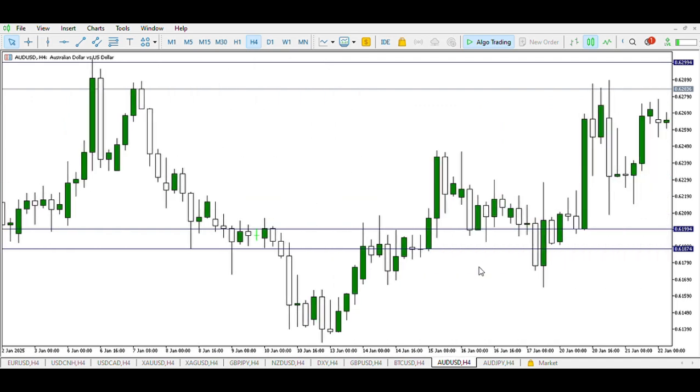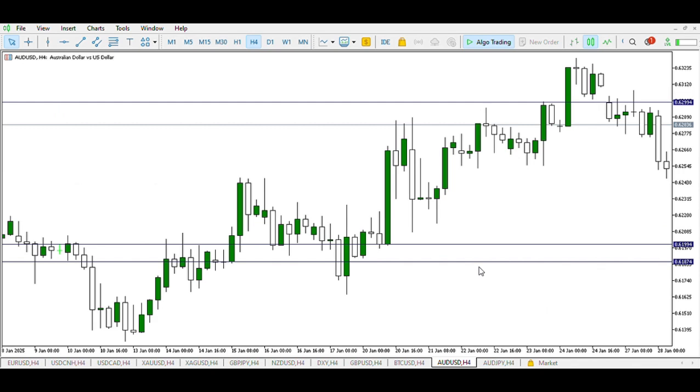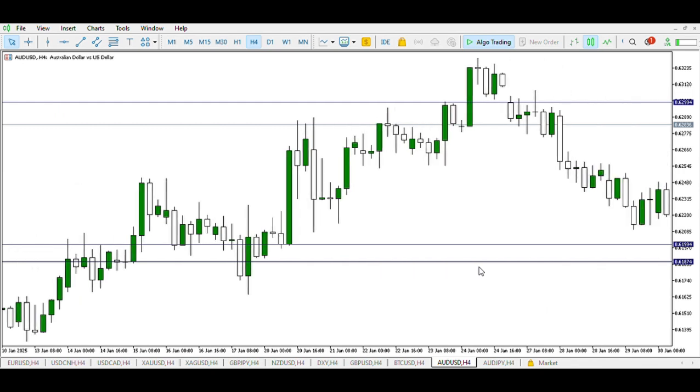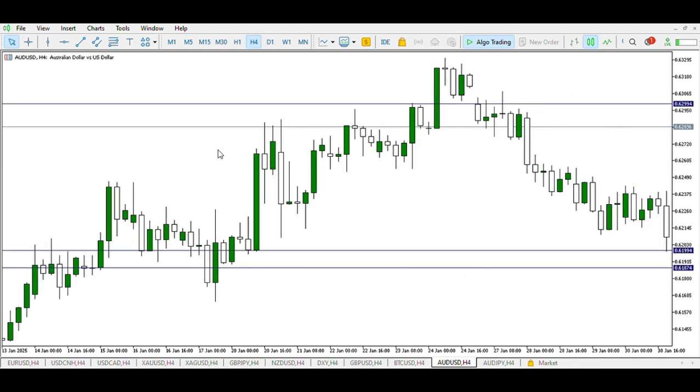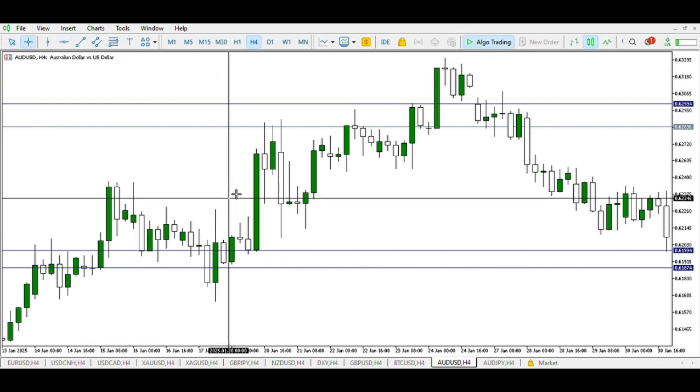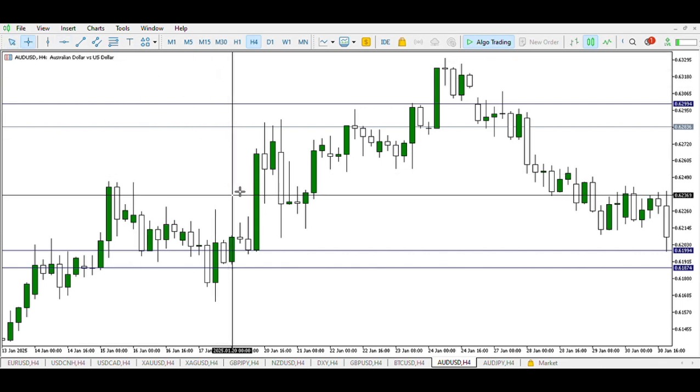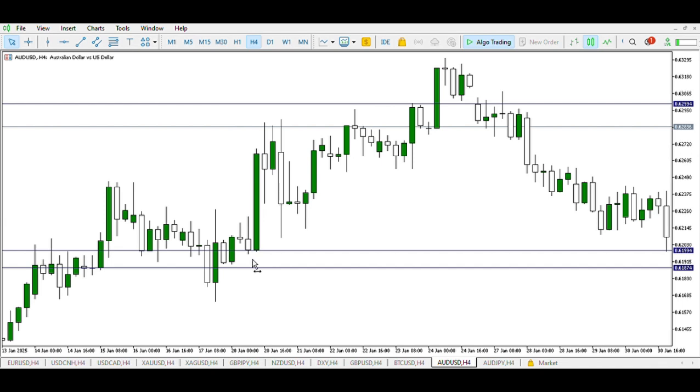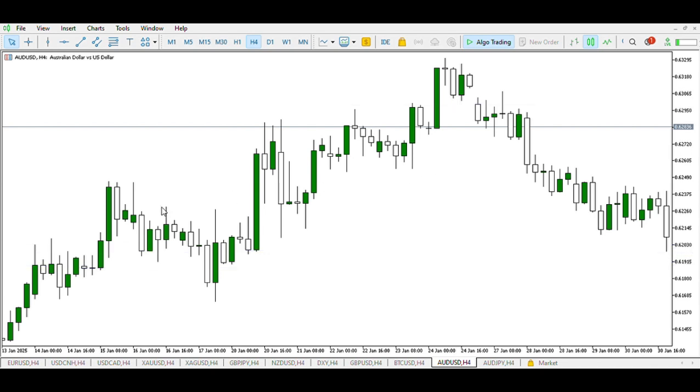I'm coming. Okay, now right here, let us say that this is a bullish engulfing right here, and let me clean these blue lines. Let's just say that this is a bullish engulfing and we have